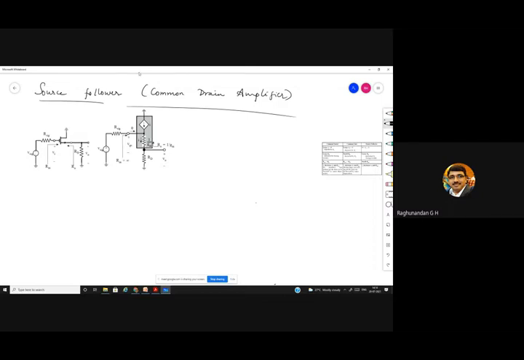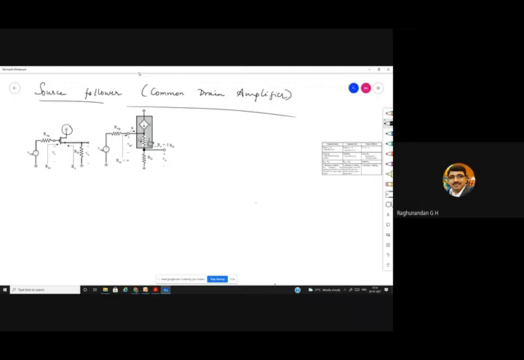Again, as we discussed, since the drain is common, the drain is grounded. And here also you can see that input is given to the gate terminal of the MOSFET, and we are taking the output across the source. And here we are having a current dependent source where one terminal is grounded, and on the other side, similar to the previous case, we are taking the source terminal and its resistance is taken as 1 by gm. We are expressing it in terms of transconductance.